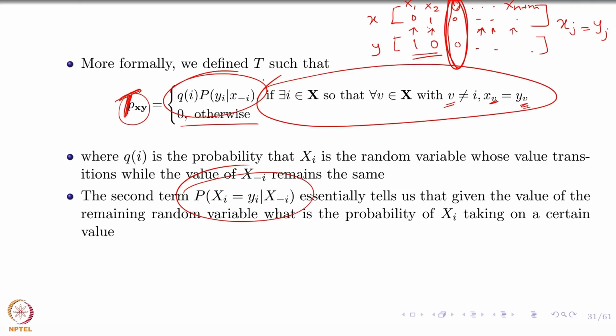Okay? So first thing that I need to think about is sample a value of I. That's Qi. Once I have done that, tell me what's the probability of transitioning to a new value given all the other random variables have been fixed. So that's what this condition tells me, right? And what I was telling you is that that's actually a short form